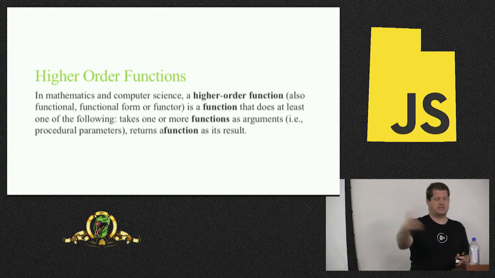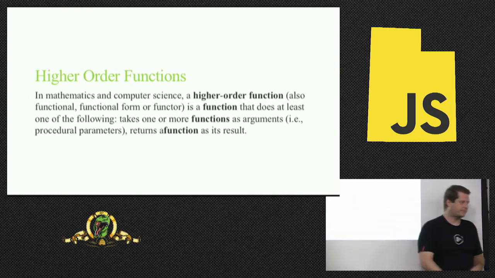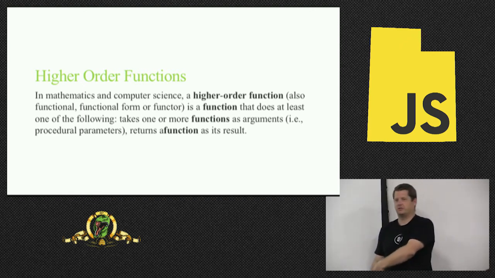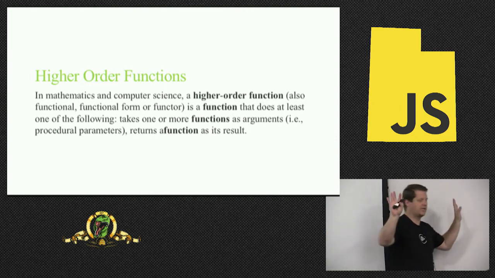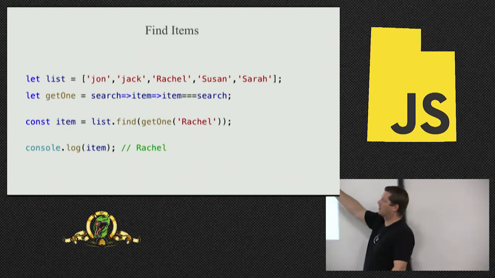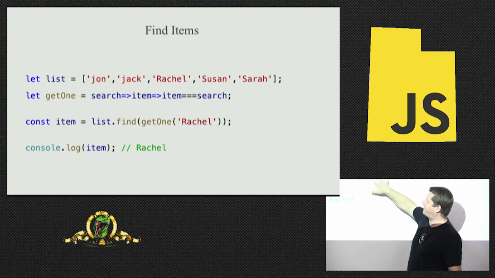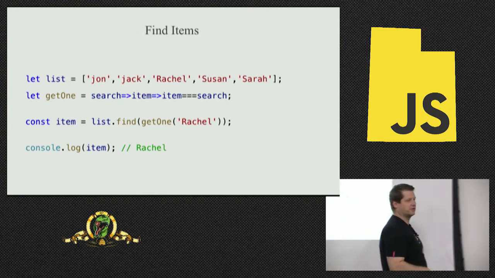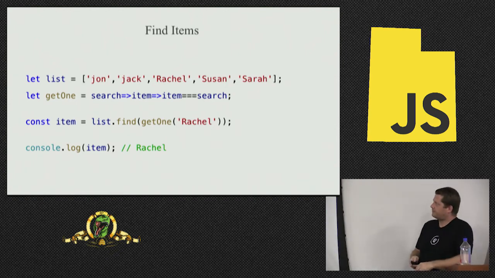Promise, anybody have a promise? Promise.then takes a function, right? That's a higher order function. Anything with a callback, higher order function, right? Or it returns a function. So anything that takes a function or returns a function is a higher order function. That's all it is. This was an example of a higher order function. So get1 took a string, but it returned what? Get1 returned a function. Therefore, it was a higher order function, right? That's how that works.